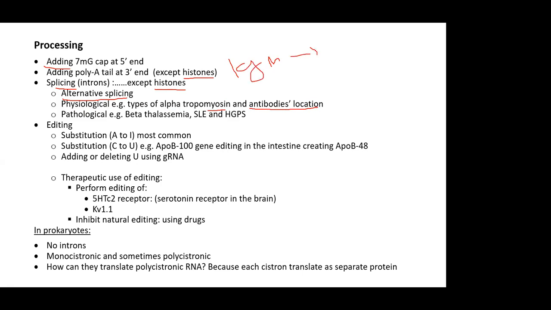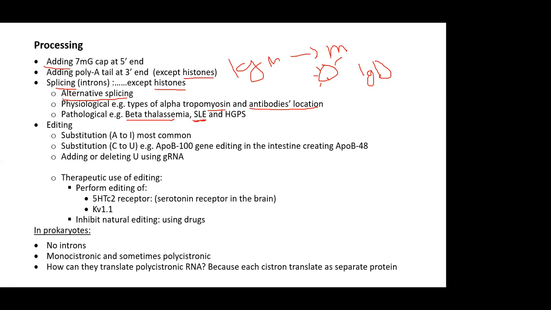IgM goes with the membrane, and they're attached because there is no antigen to go after in the blood. So they will remain attached. This is the normal thing. If there is an antigen, IgDs will be sent in order to attack the antigen. Pathological: beta thalassemia,